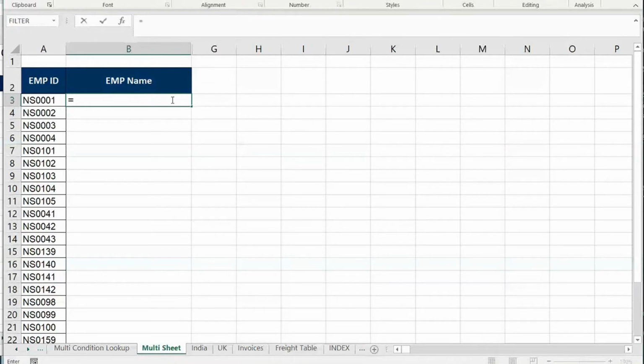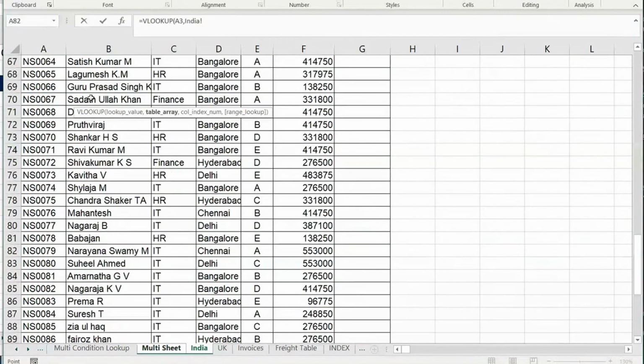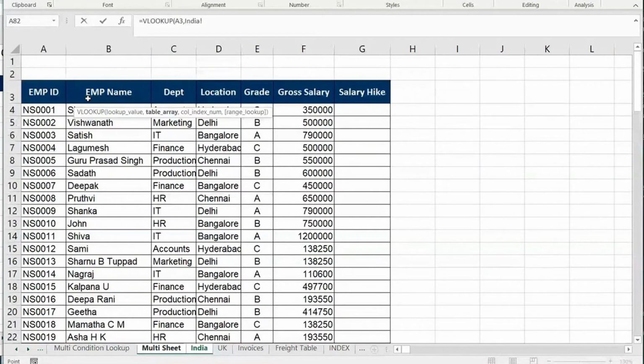I just do a simple VLOOKUP, okay? Look at this, guys. I'll do a simple VLOOKUP, thinking that everything is in India. I'll imagine that every employee's information is in India. All right, I'll put a comma. I go to the India sheet and do a simple VLOOKUP here. In the table, I'll take A to B, not forgetting about freezing and all.